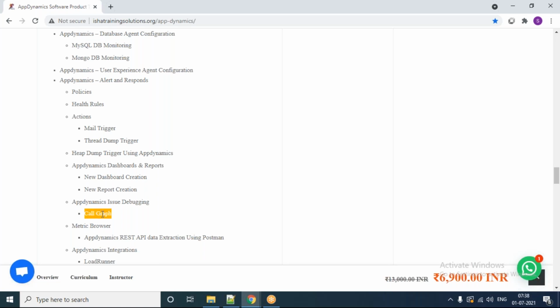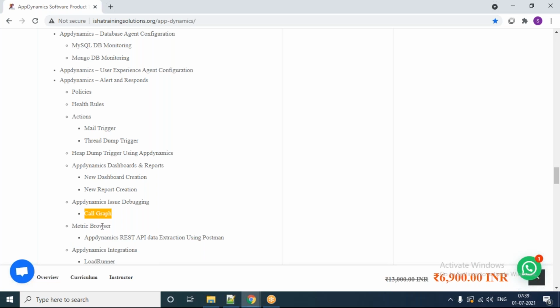And one more very important debugging capability available in AppDynamics is actually call graph. Okay, call graph. So in this call graph, we are going to learn what is partial call graph, what is call graph, what are all the metrics you will be getting, how to identify the performance bottleneck. Is it something on your machine level, something on your application level, like that we can find it using this call graph option.